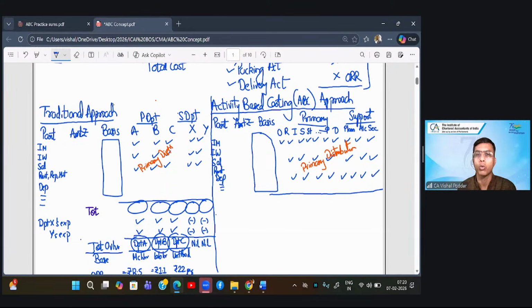Now what happens at the end of this step? Now you get the total of each activity, and you will get 100 totals because you have 100 activities. Now what you do is, whatever are your support activities like planning, accounting, or security, whatever. Now these would be multiple. I'm giving you only a few names. These are again divided between your